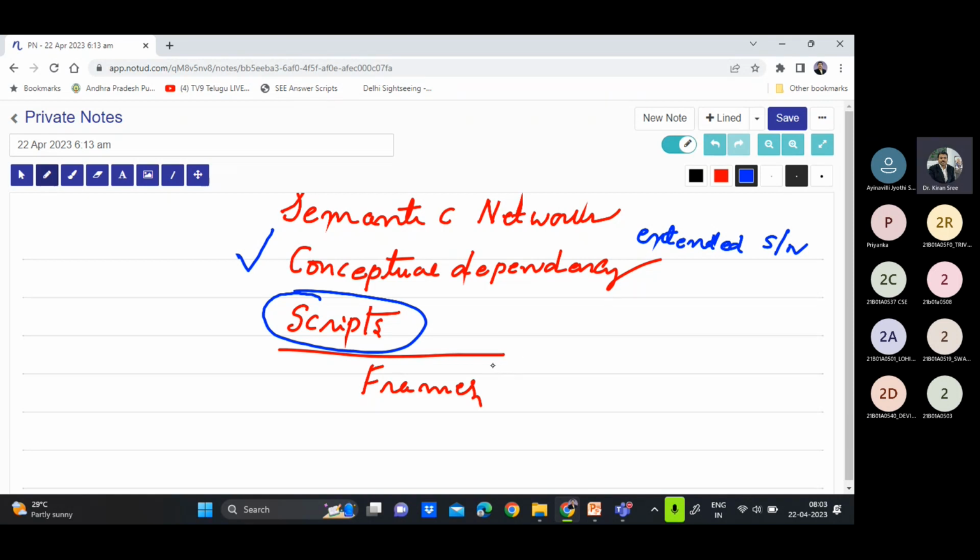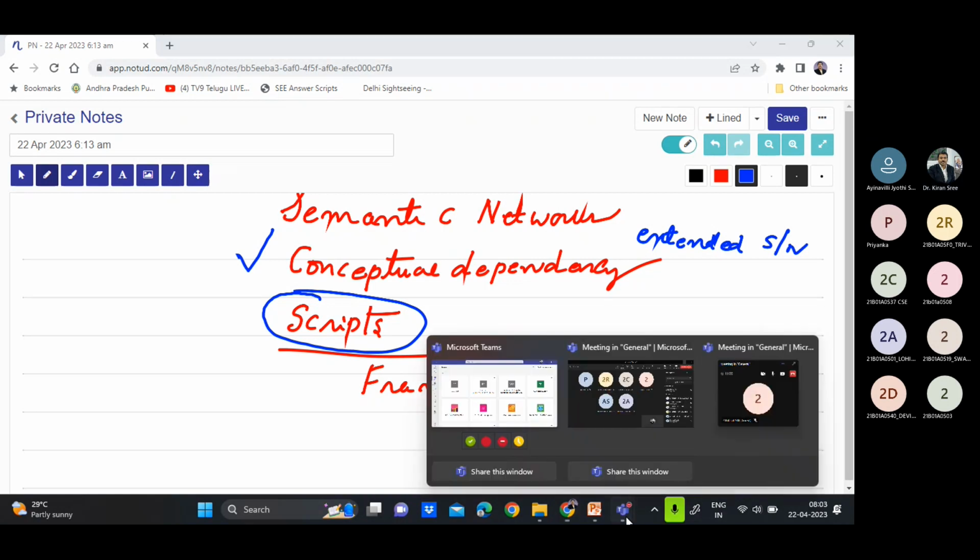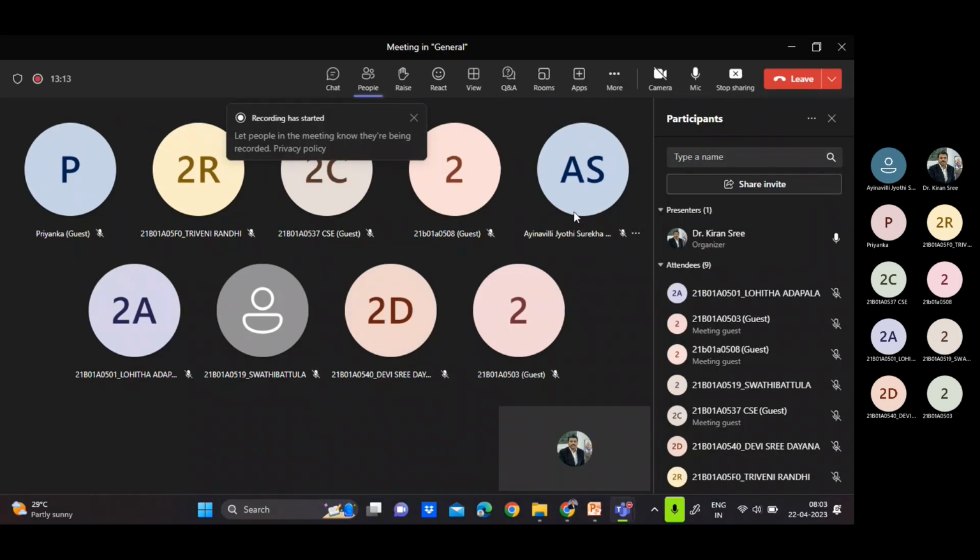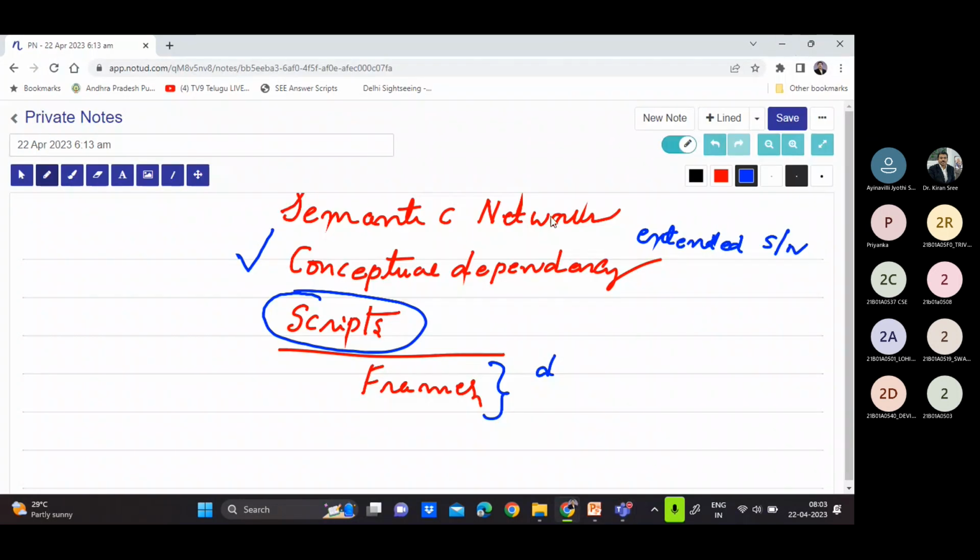And frames, we can informally call it a database management system for a log. How can we represent frames? Frames will be almost similar to what you have seen in database management systems. This is how it is. So, if you consider semantic networks,